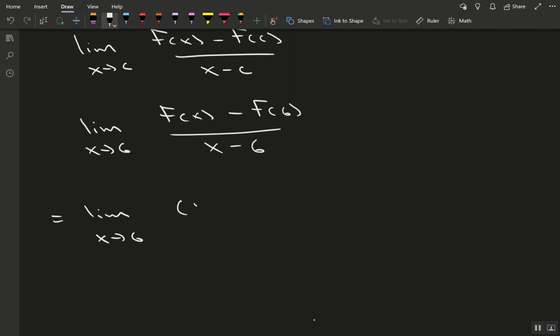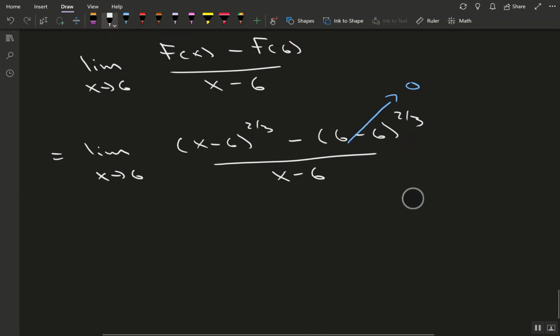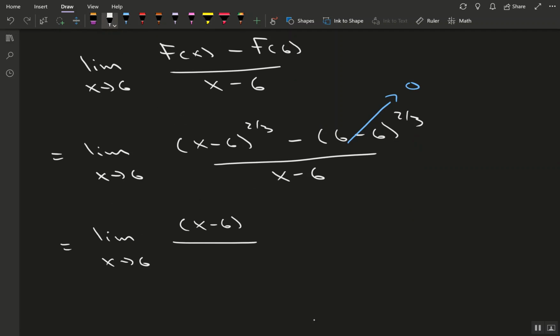Well, f of x is just (x minus 6) to the 2/3 minus, now we're putting a 6 in, so that's (6 minus 6) to the 2/3. That's interesting. And we also still have x minus 6 on the bottom. If you see that 6 minus 6 goes to 0, we don't have to worry about that guy. And we're left with the limit as x goes to 6 of (x minus 6) to the 2/3